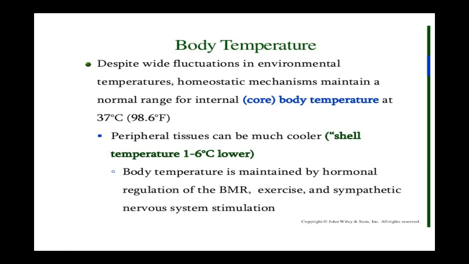Blood can be shunted away from your peripheral tissues. And then body temperature is regulated by your hypothalamus, plus hormones, your thyroid hormone, and the actual temperature is set, so you can think of it as the thermostat is set by your hypothalamus, but it's actually regulated by your autonomic nervous system, specifically the sympathetics, as well as hormones, and exercise in terms of heating up